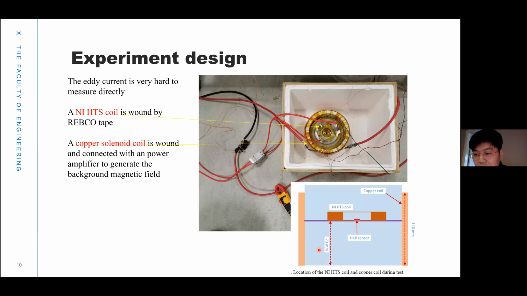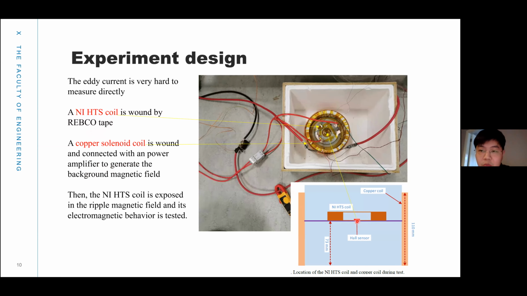And we view from another angle to see the HTS coil position in the copper coil during the test. We use a Hall sensor in the center to measure the magnetic field inside. As we know, it's very difficult to measure the eddy current in the NI coil directly. So we use a Hall sensor to measure the eddy current induced by the background field, which will produce